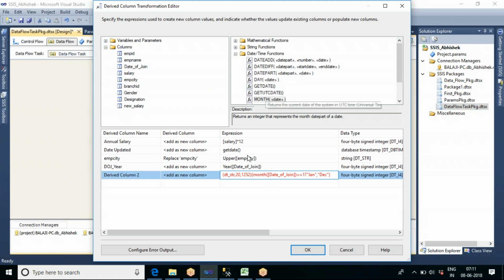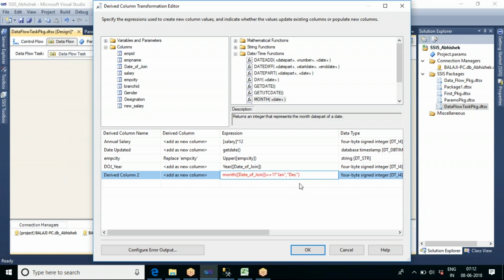Should there be a comma after that one question mark? No, equal to 1 then. So in a case statement we will have a case and we will write the condition, no?